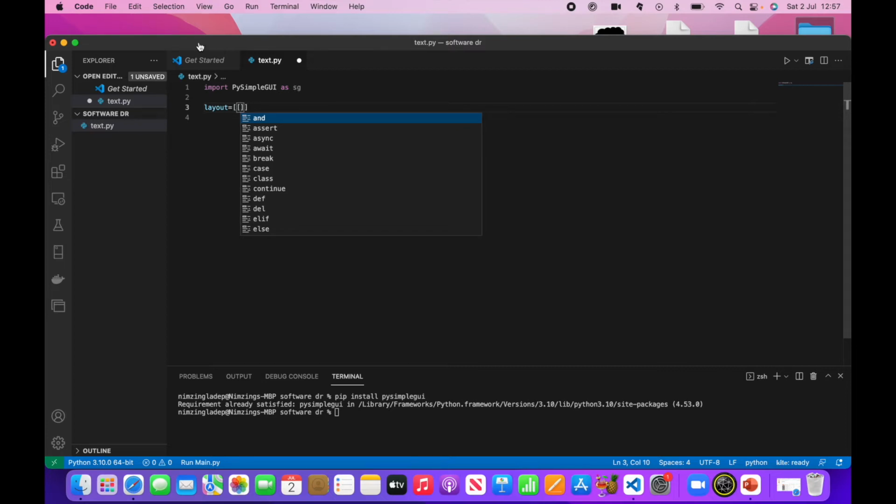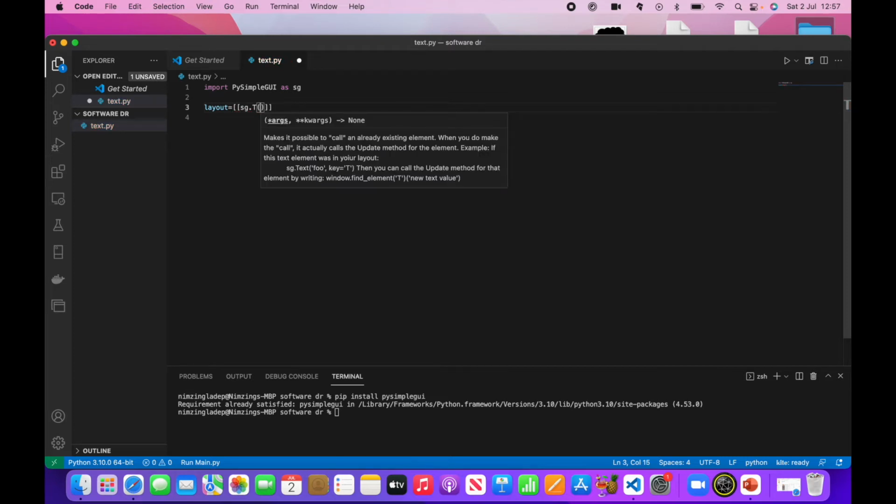Because you had mentioned SG, you would actually start each entry with SG, and T stands for text, and then you put brackets here, and you can either use double quotes or single quotes. That is enough for you. You can say hello Earth, okay,